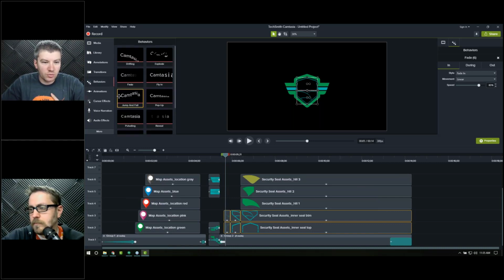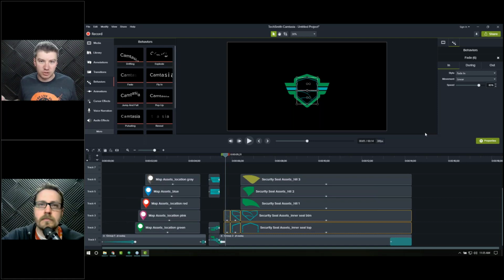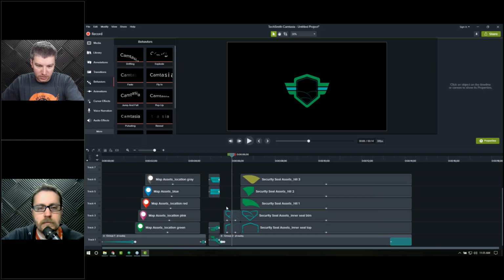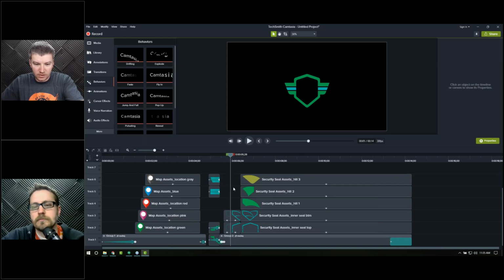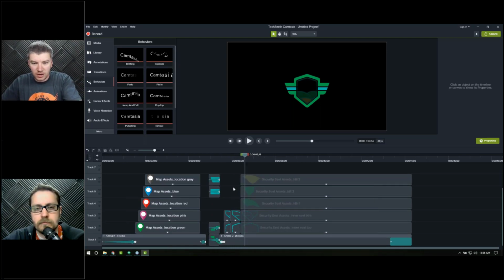The behavior I chose was just this simple fade. And because it's an image, it fades it all together. If it was text, I would have had tons of options for behaviors. I could have had it fade from left to right, or from center to out, or from top to bottom. There are all kinds of different fading options. But since it's just an image, it just faded the whole thing together, and you can see it faded on and off because that was one section. So these 2, the behavior was to fade on and fade off. And then the next section faded on again and then off again. But because it was longer, it goes a little bit slower. And then this one's really long, so it fades on nice and slow